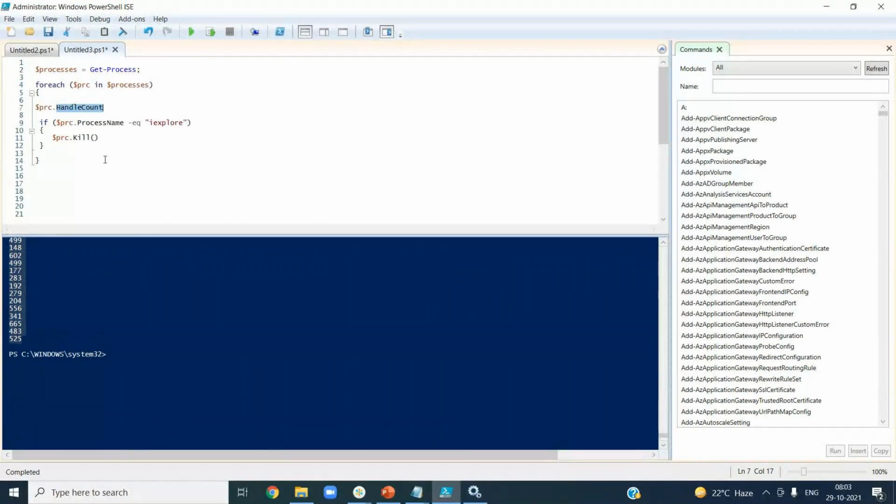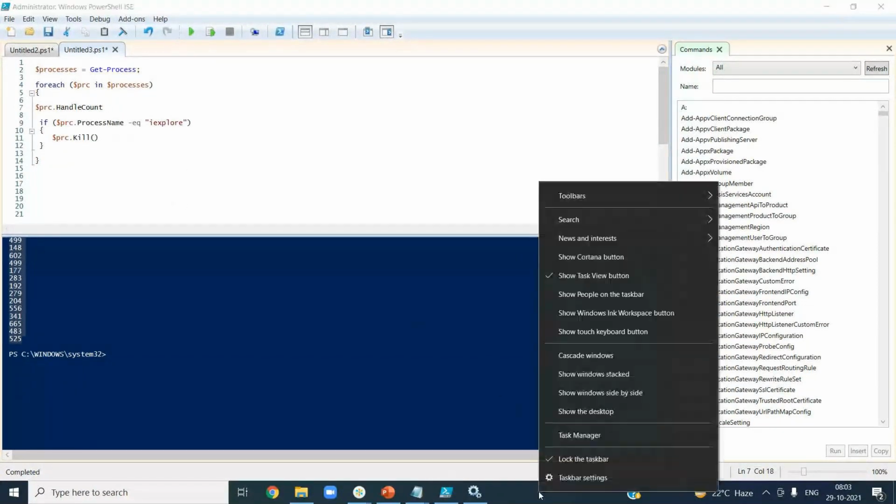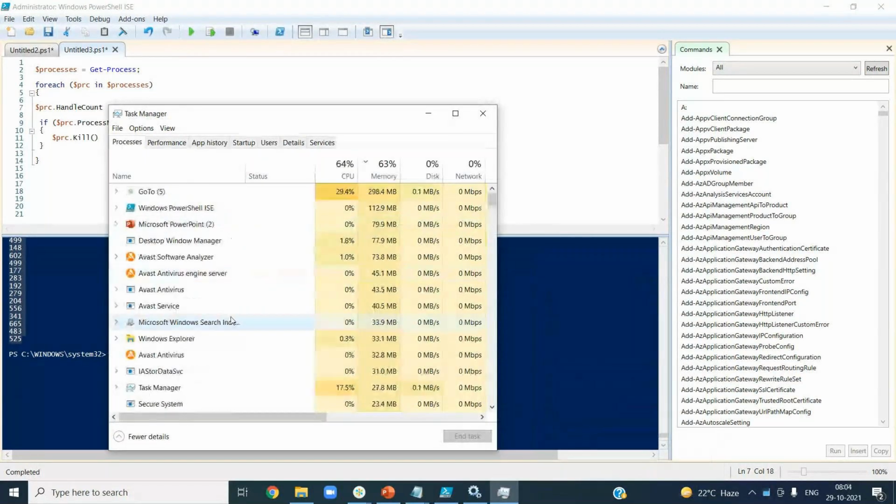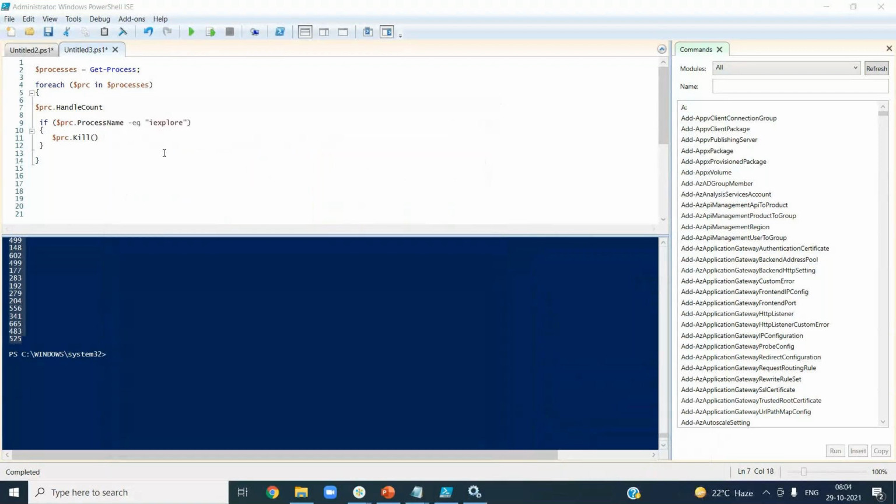Let us say if you want to use methods, like I basically used Kill. Probably you can start some process as well which is not running, or you can end something. Kill means end only. If you know the path of the process, you can go and start it as well. A process is nothing but some exe that is running on your machine, right? You can identify the path, and if you know the path, you can start them as well. And for all of the methods or properties available, if you want to know, you use Get-Member.